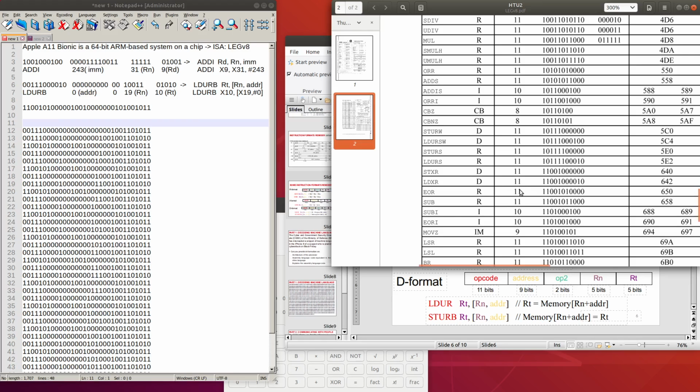It has 11 bits for opcodes, so 11 bits, double 1 0 double 1 double 0 1 0 1, and then a number of 0, so 11 bits. So it should be here for 11 bits.